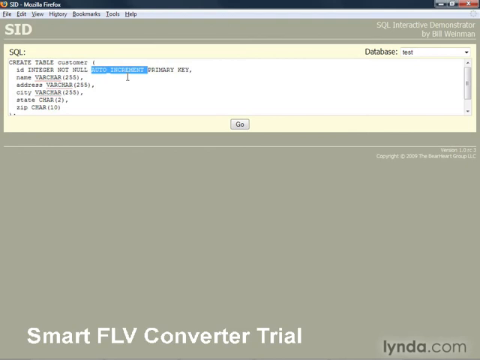So the first row will have a 1 in this column, the second row will have a 2, and on and on and on. And that can be used as an ID for linking the tables together with joins, and we'll learn about that in a later lesson. The name column is of type varchar, how I pronounce it. And again, this is another place where this is vendor specific. In different